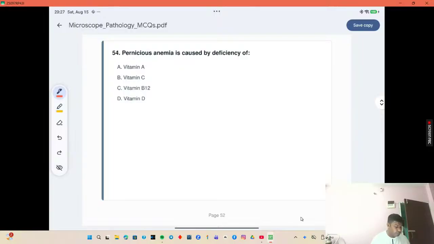Pernicious anemia is caused by deficiency of. Can you please answer this question for me? What is the cause of pernicious anemia? By deficiency of which vitamin? The deficiency of which vitamin causes this anemia? Vitamin A, vitamin C, vitamin B12, and vitamin D. Can you please answer this question for me? And the right answer of this question will be vitamin B12. Deficiency of vitamin B12 is the main cause of pernicious anemia. Okay,